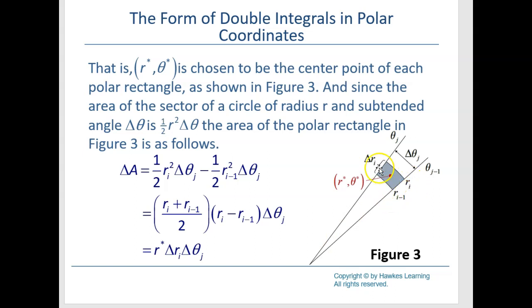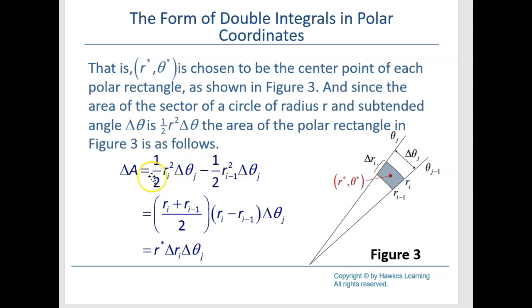If it was rectangular, it would be dx dy. It's not just dx dy. Our new polar coordinates are r and theta, so we get a delta r and a delta theta, but we also get this extra r when we do this procedure,